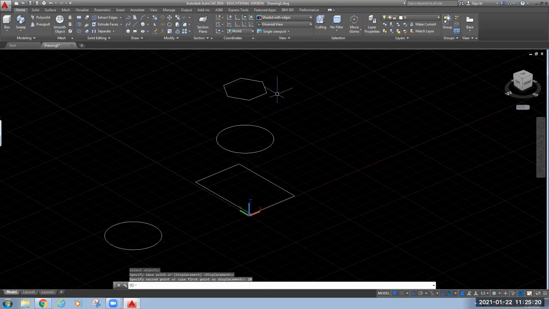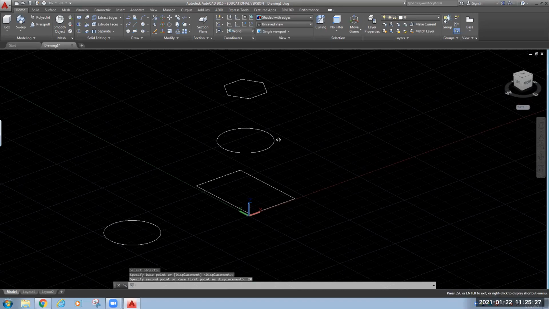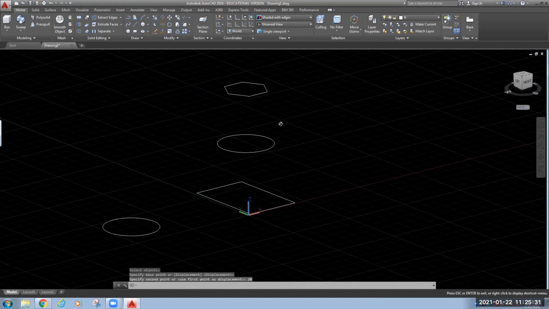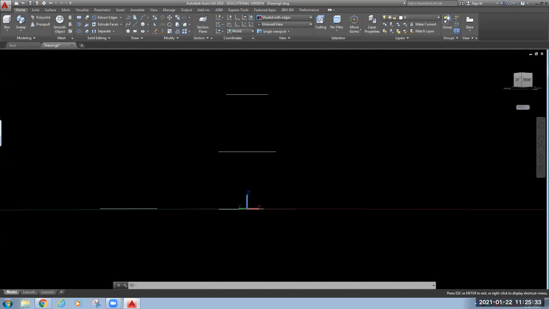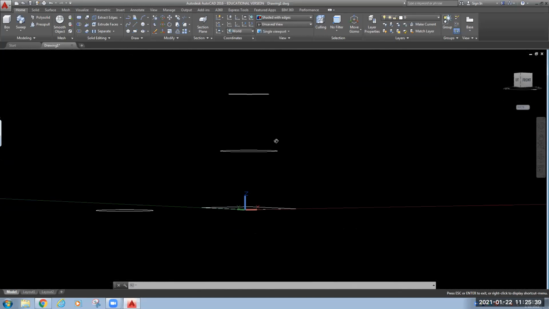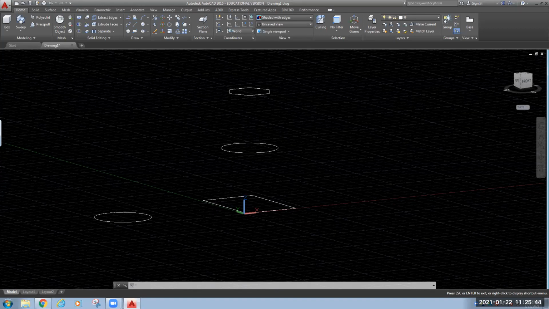I will keep. Now see, once again I will rotate the coordinate system. I am rotating with the help of the scroll key of my mouse. I have pressed the scroll key of my mouse, and together along with that scroll key I have also pressed the shift key on the keyboard.